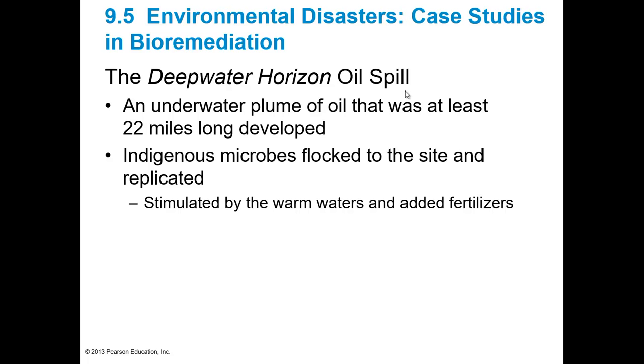There are microbes already in marine environments that will flock to this type of carbon source. Remember, petroleum hydrocarbon is yummy for bacteria that can break it down. So there were indigenous microbes, and what they did was add fertilizer directly to the site. That fertilizer supplied the needed nitrogen, phosphorus, and potassium so the organisms could thrive. They can't just live on crude oil alone. They have to get other nutrients, including micronutrients, which you can supply by fertilizer. The micronutrients would be in the salt water naturally, but not in a high enough amount to service